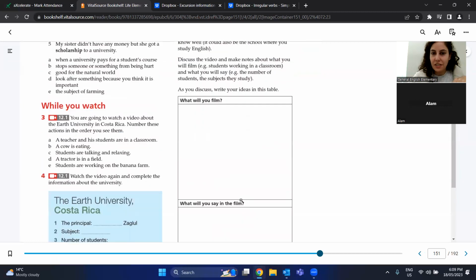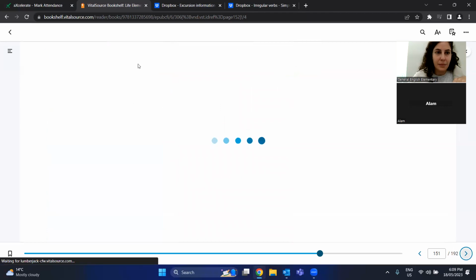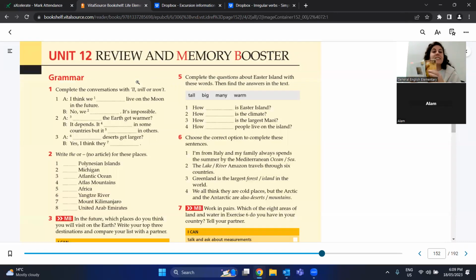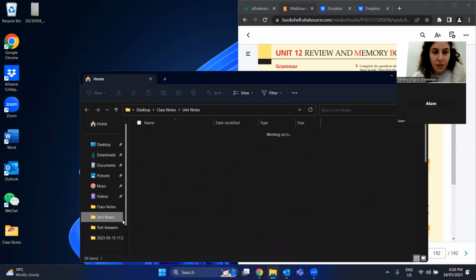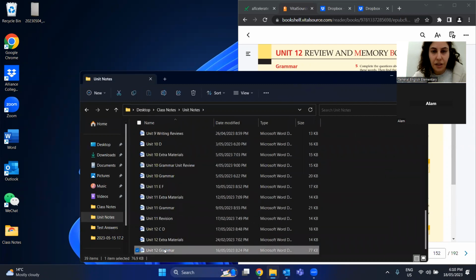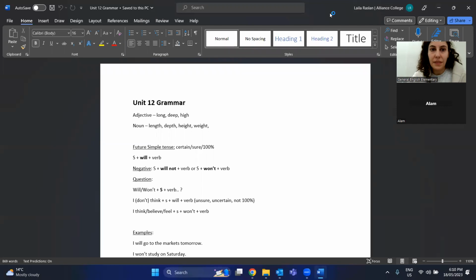Let's leave number 7 because I want to get into the grammar part here, because we'll get to practice that part after. Let's look at some grammar. So earlier this week we were looking at the future tense. Remember, we're making sentences about the future: I will plus verb, or if it's a negative, I won't. Let me just share our notes that we took earlier in the week for Unit 12 grammar, just so I don't have to repeat writing them.